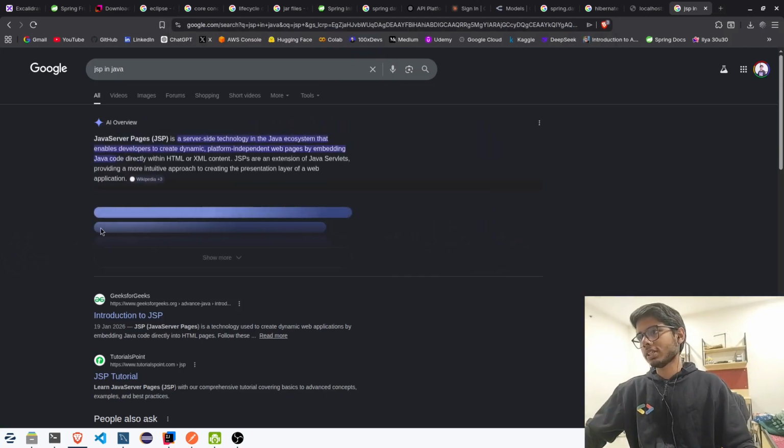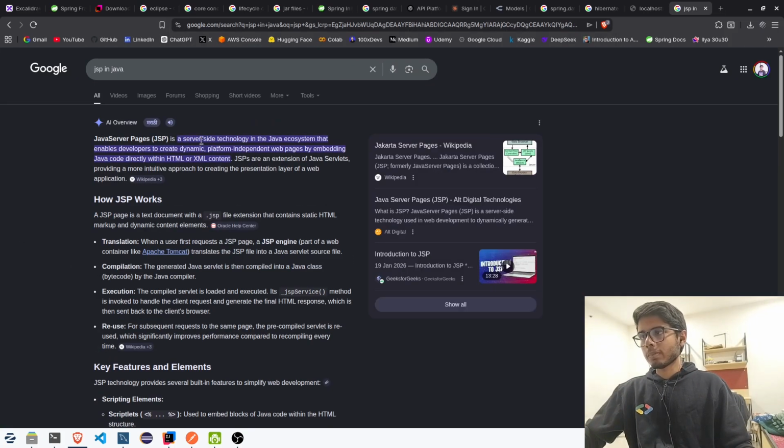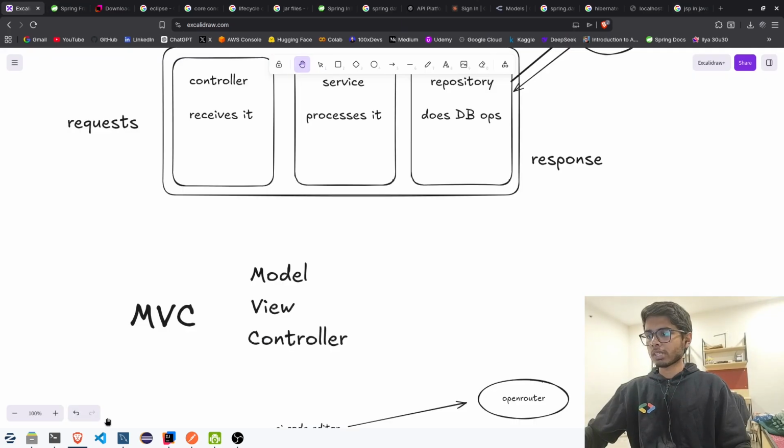If you search it, Java Server Pages is a server-side technology in the Java ecosystem that enables developers to create dynamic, platform-independent web pages by embedding Java code directly within HTML or XML content. So what we are doing is that basically,